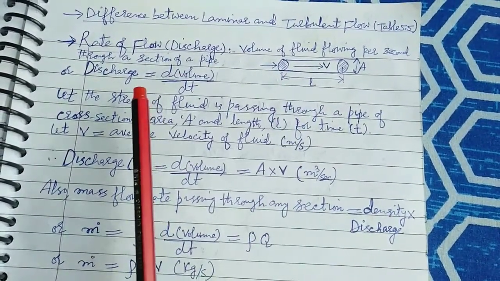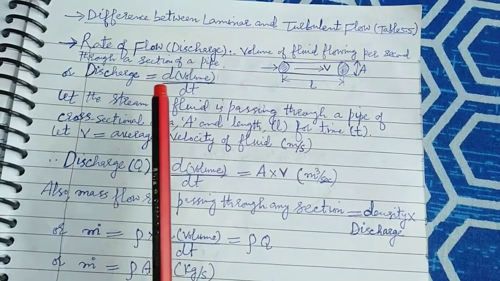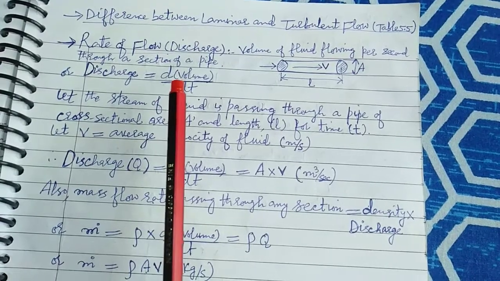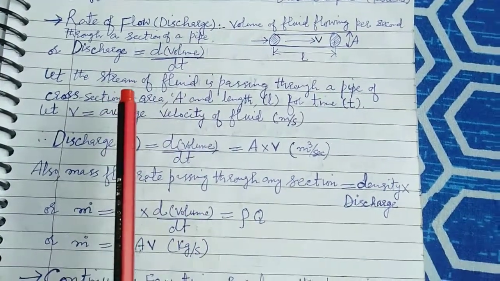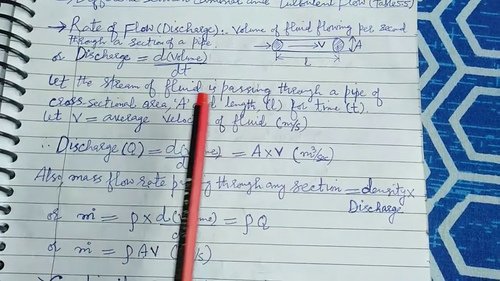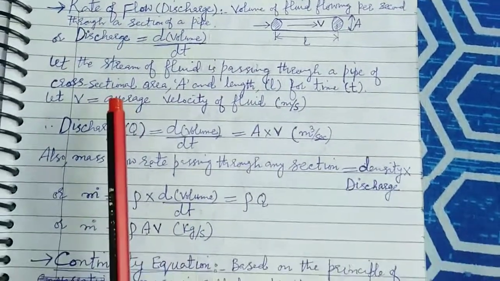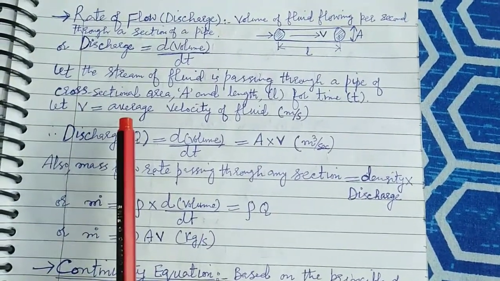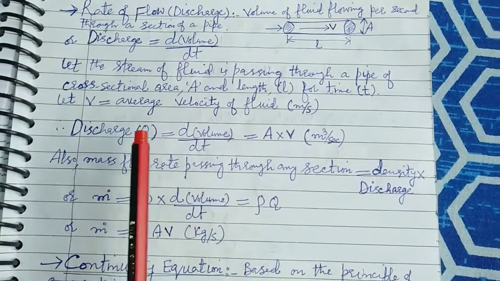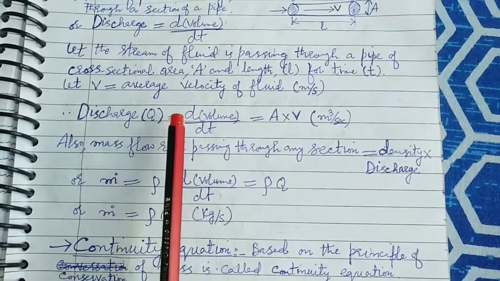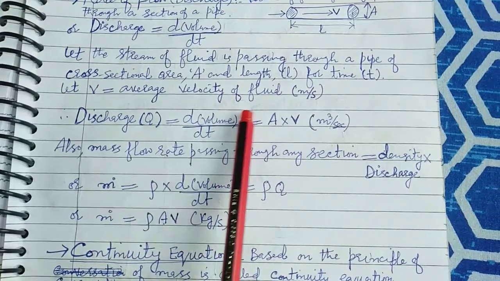So discharge, as I already told you, is equal to the rate of change of volume with respect to time, or you can say it is the volume flow rate of the fluid. So let the stream of fluid pass through a pipe of cross sectional area A and length L for time t. Let us see how we can calculate it. As I told you, velocity is represented by V, in meter per second. So discharge is equal to d by dt of volume, and it is finally equal to area of cross section